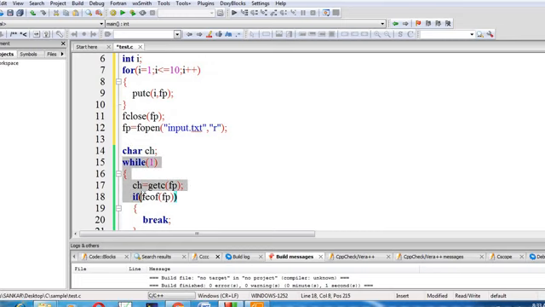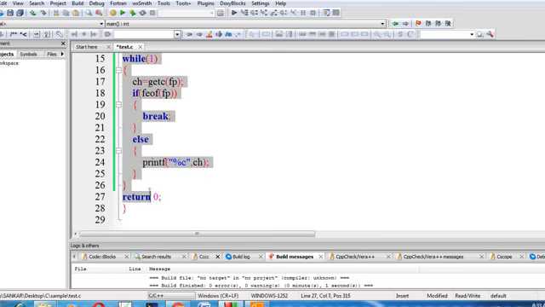Here we can use an infinite while loop, it will execute infinite number of times. Then the getC function we can use to get each and every character, that will be assigned to the variable ch. Then we check for end of file, and end of file means it will terminate from the looping, otherwise we display to the user.